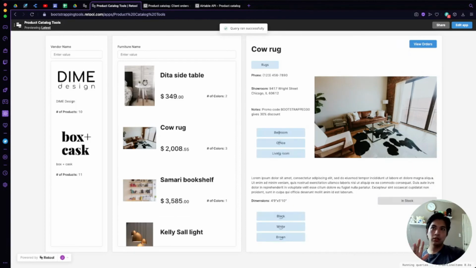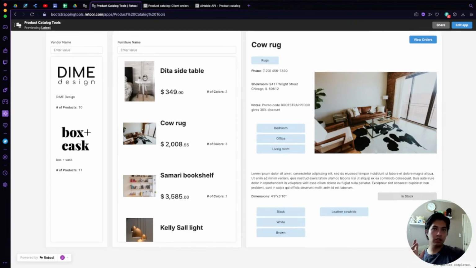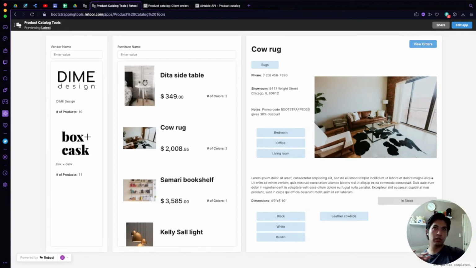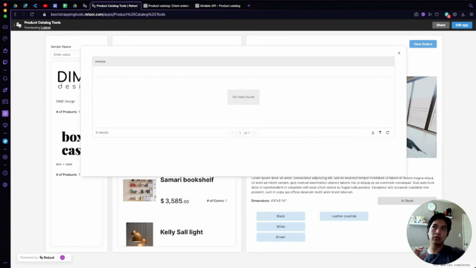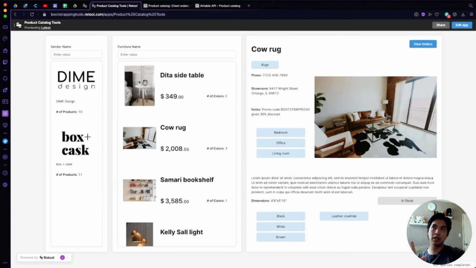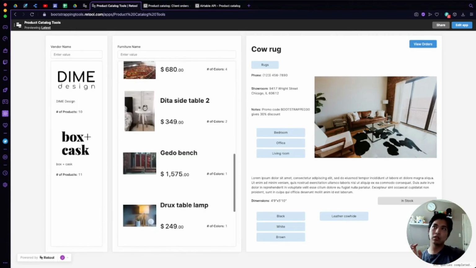And then from here, we get all the information, the colors, the materials used, whether or not it's in stock, and then we can view the orders for it. So when we click on that, a modal pops up, and we'll see if we have orders. If there aren't any, no rows are found. We can X out of that. I think the one that did have orders, here, let's pick another one that had orders. Let's say